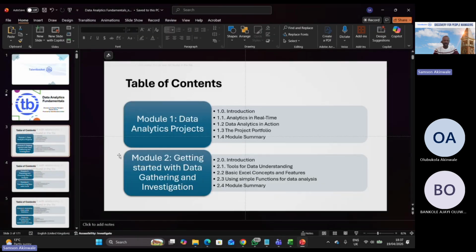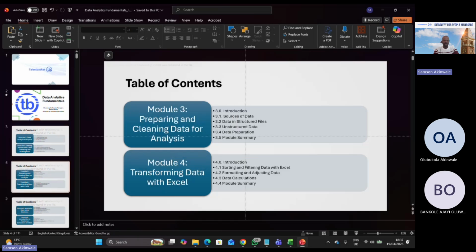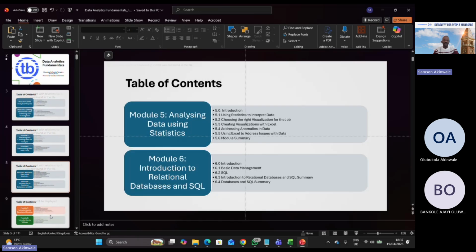So we started with module 1, module 2, then module 3, moved deeper into data cleaning, preparing data, and what have you. Then module 4, we have extensively dealt with data calculation in Excel, formatting, and what have you, up to the use of pivot table, which we are going to slightly touch on today and finalize. We started that last session, and today also we'll be able to move straight into the use of statistics in Excel, after which hopefully by next session we go straight away into introduction to relational databases and SQL, which is